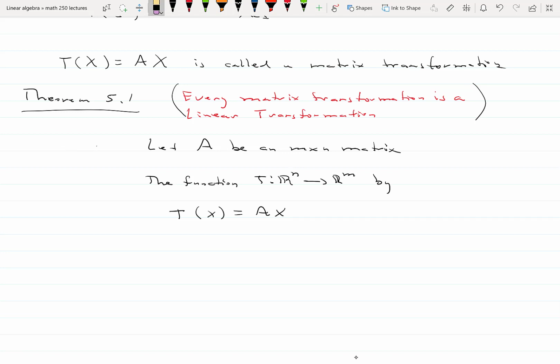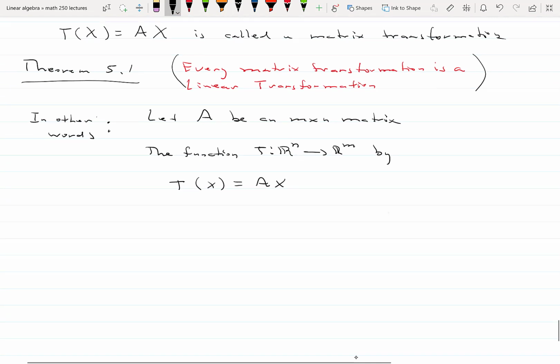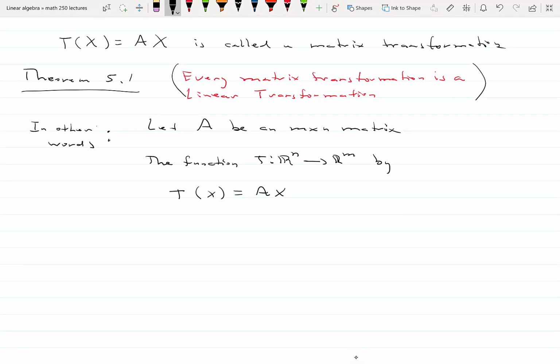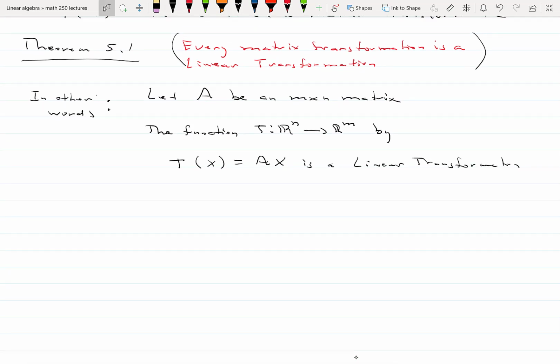Let's take off the word proof and write it in other words. Then we'll prove it. Let A be an m by n matrix. The function T going from Rn to Rm by T of X equals AX is a linear transformation. This is what we need to prove. Don't worry if you're a little confused at this point. Okay, I'll try to clarify. So just given an m by n matrix,